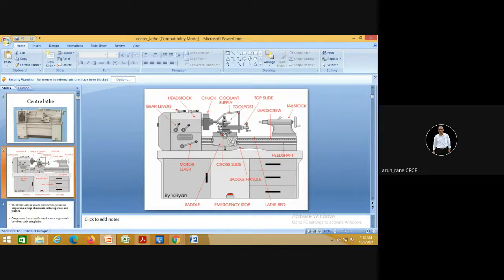Like the tailstock center, we can have one more center here, and the long workpiece can be held between the centers, and that's why it is called the center lathe. So whenever the machine is dispatched, it is factory set and factory built. Most of the parameters, what is called the machine setup data or MSD, are factory set.